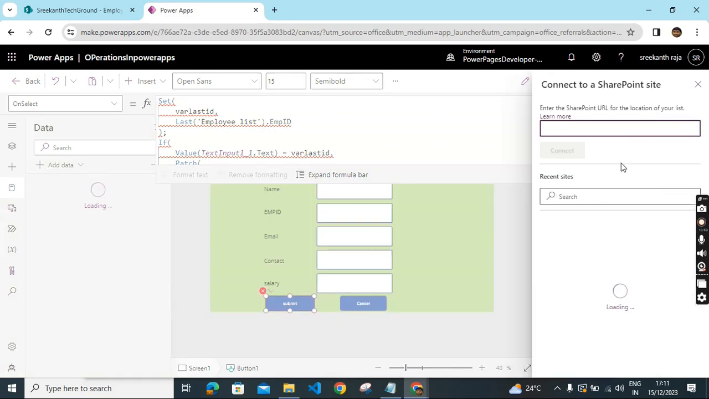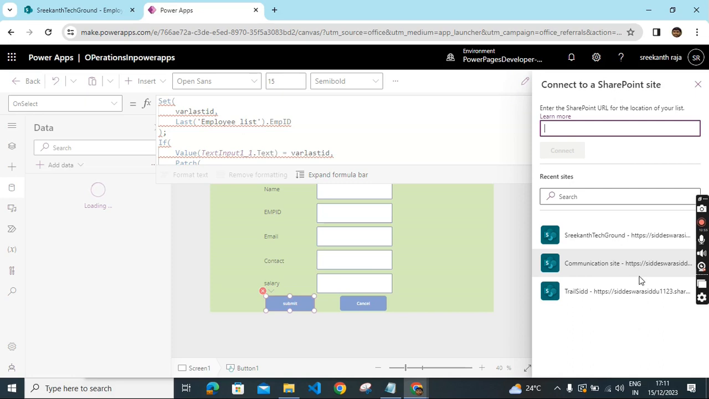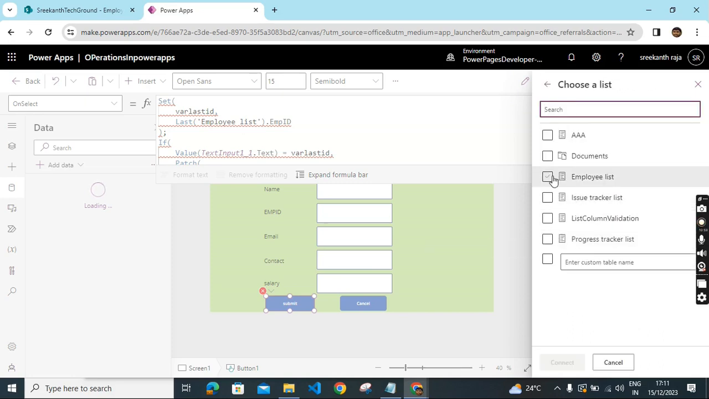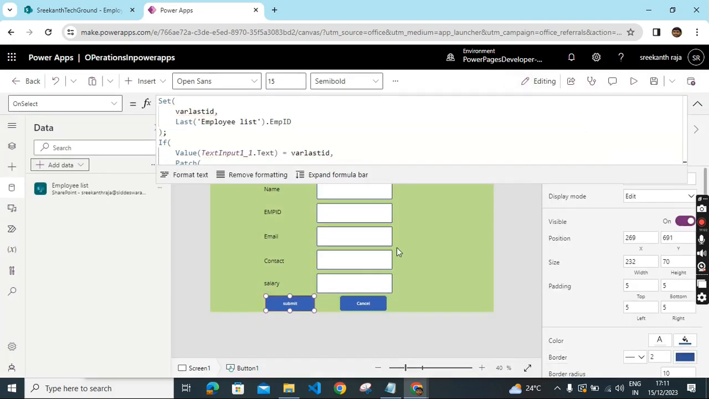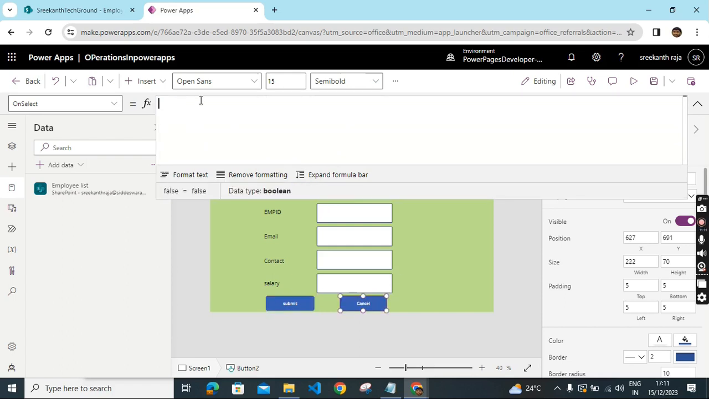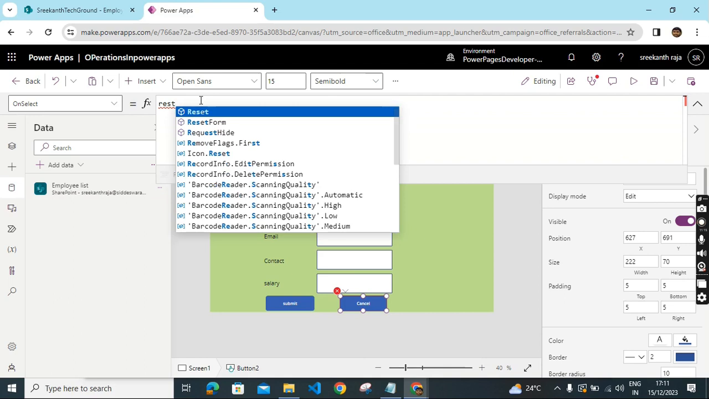Click on SharePoint. Here it's shown our site URL. Click on our site URL. Then we have to add our source data. Okay, now it's not getting any error here. Okay, in cancel button we have to reset all input controls, or reset